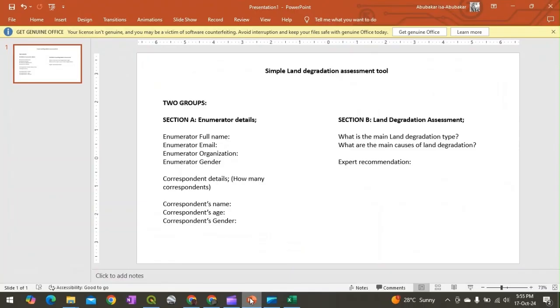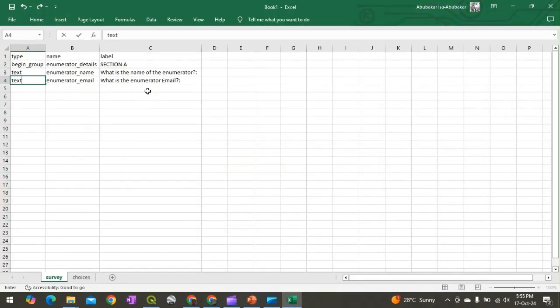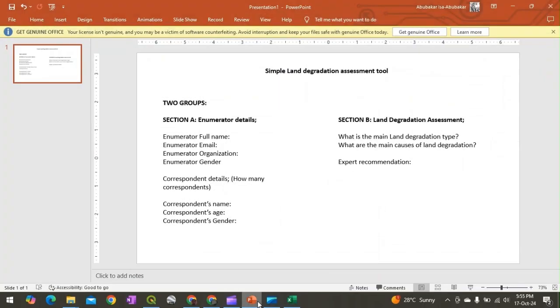The next question is enumerator organization. So what is the enumerator organization? And something unique, enumerator organization. It doesn't have to be complete, so just leave it as enumerator org. And then we're also expecting text data to be entered under this question. And then gender,